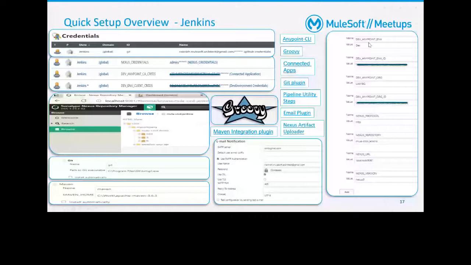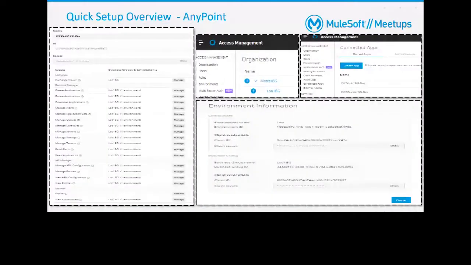And I have a few environment variables as part of Jenkins, so that it can go to the right point and I can refer to these environment variables within my pipeline. You're going to get a full view of this on my or Akshay's machine, so don't worry, guys. It's just a very quick overview for now, before we deep dive.